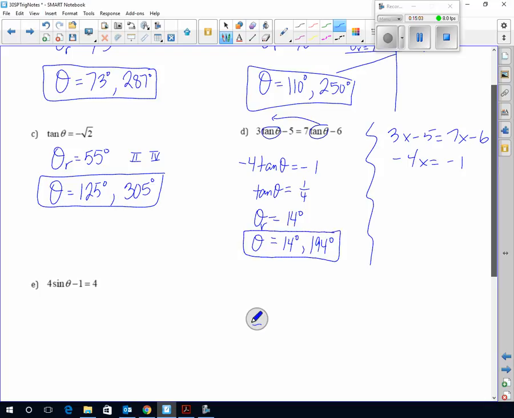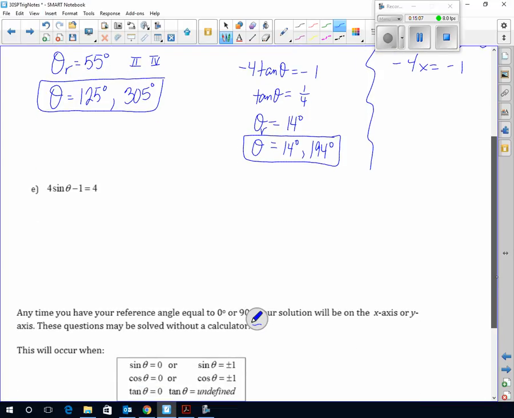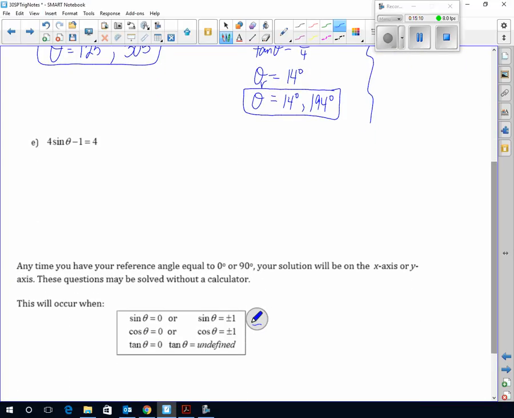Do you want to solve this one? You want to solve this one? I'll give you a second. Okay, so